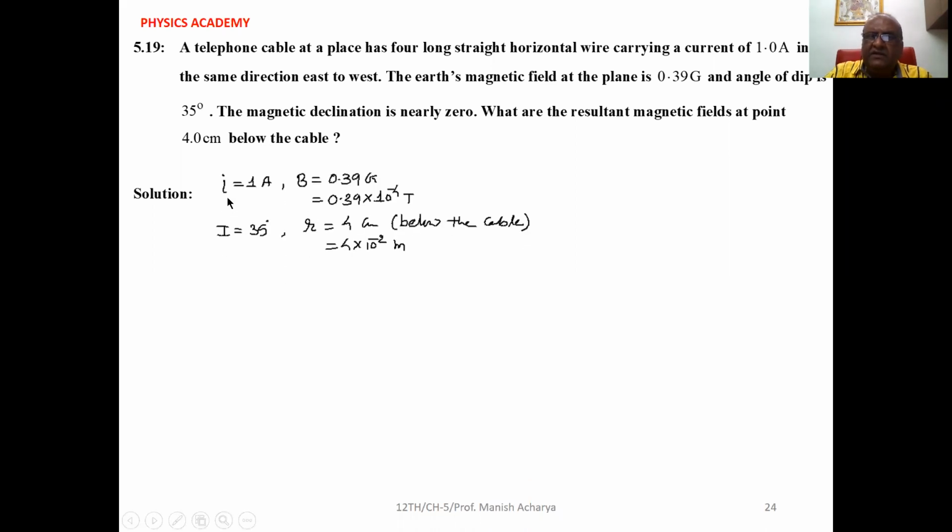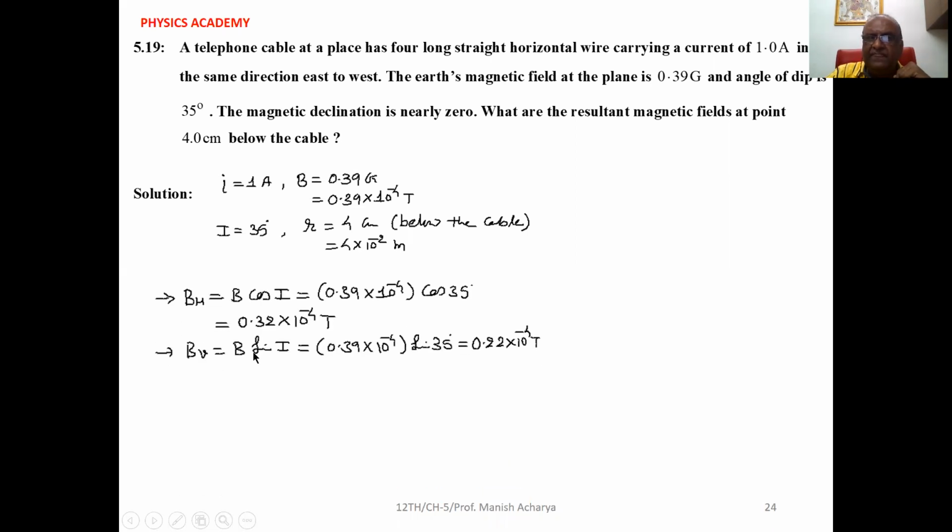Now see, the current that is 1 ampere, magnetic field of Earth that is 0.39 Gauss, that is 0.39 into 10 raised to minus 4 Tesla. Angle of dip or inclination that is 35 degree. The point that we have to take 4 centimeter from the cable and we have to take it below the cable. So that is 4 into 10 raised to minus 2 meter. Now,